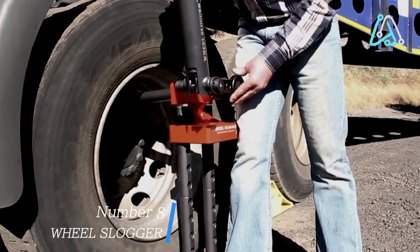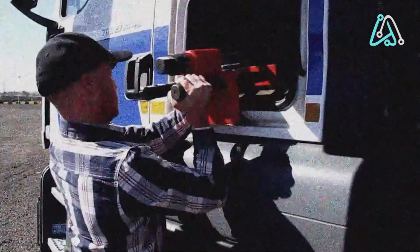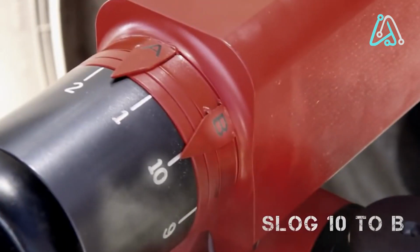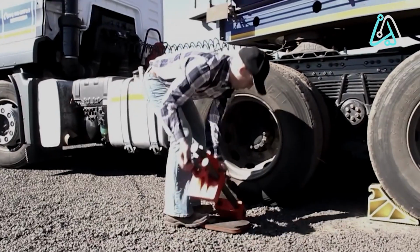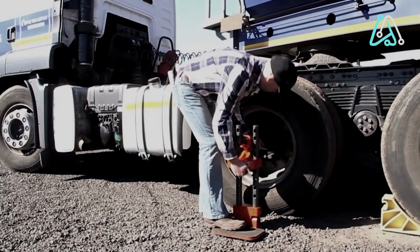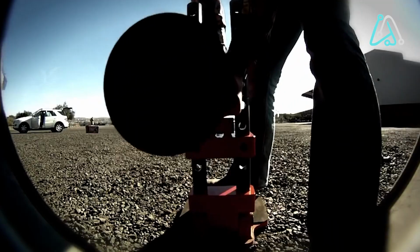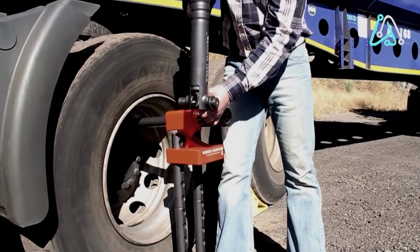Number 8. Wheel Slogger. This tool is a game-changer when it comes to diagnosing wheel bearing problems. With its innovative design, this tool helps you quickly and accurately identify faulty wheel bearings. Simply place the wheel slogger against the wheel bearing and it will generate a distinctive noise if the bearing is